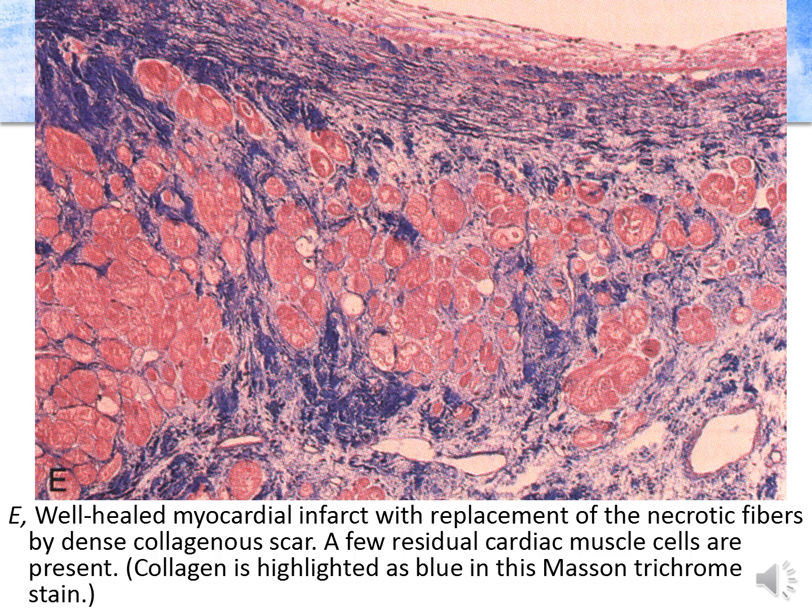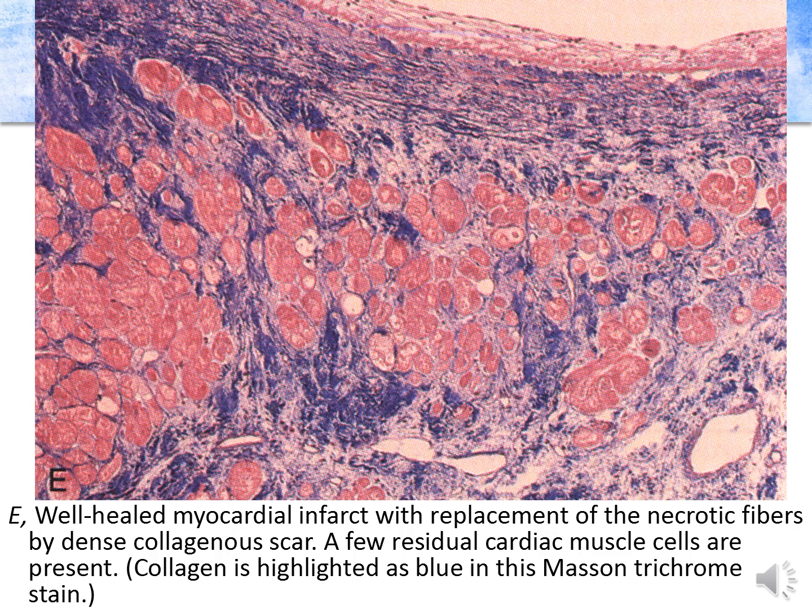A few residual cardiac muscle cells are present. Collagen is highlighted as blue in this Masson trichrome stain. So here the bluish fibers are collagen fibers, and as a result of myocardial infarction, we see a scar,